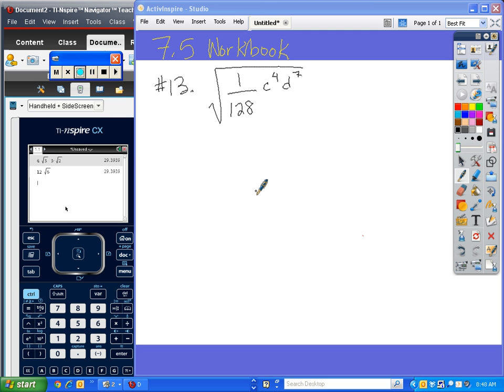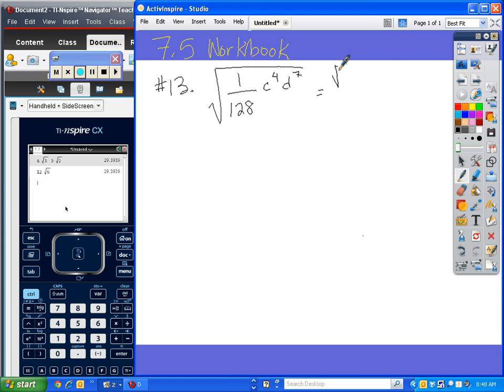Okay, so let's look at number 13 on 7.5 in your workbook. So I've got a quotient here under a radical. Whenever I have a quotient, I can use my quotient rule and write it as two separate quotients. So this would become the square root of 1 c to the 4th d to the 7th over the square